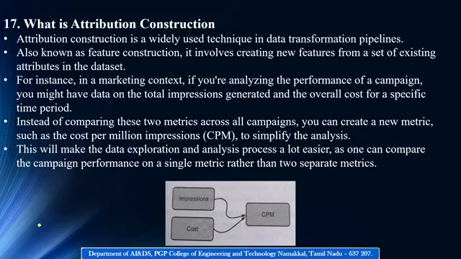For example, you can see here. In my data set, there are two variables, or two fields, or two columns, two attributes available. One is called impression and the second one is cost. Now, I want to compare this impression and cost. So I'm going to combine these two things and create a new attribute. I'm going to call it CPM. CPM means cost per million